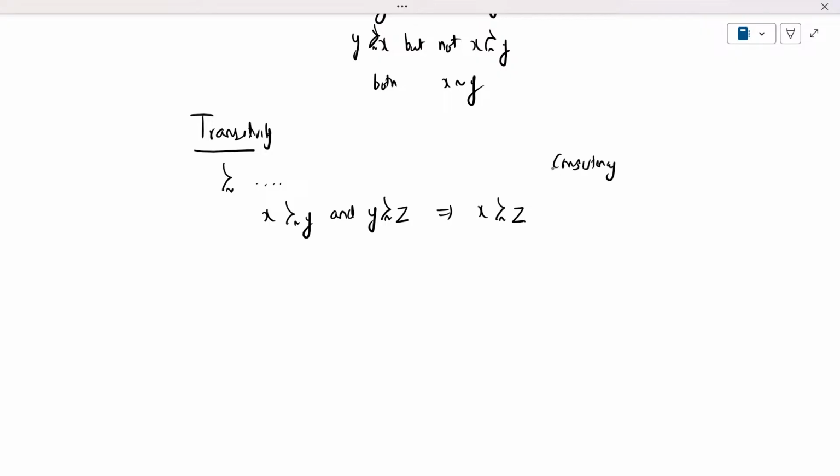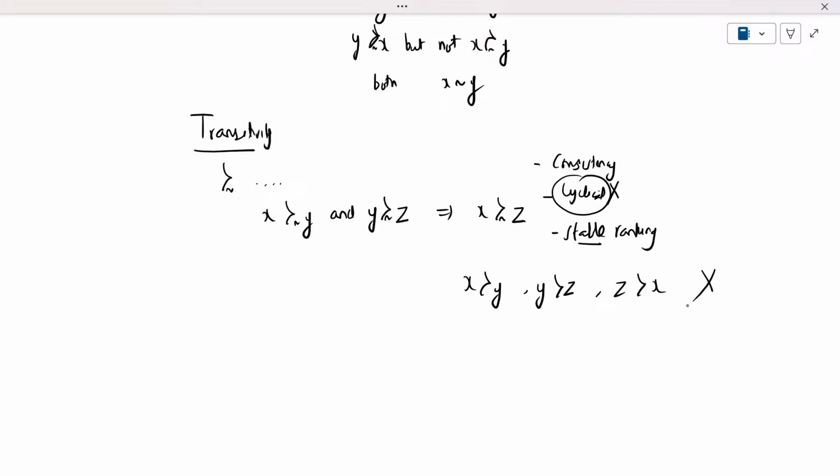Without transitivity there can be cycles. So it ensures that no cyclicality takes place, and it also ensures a stable ranking. It rules out things like x is preferred to y, y is preferred to z, and z is preferred to x. These things are a problem because in that case optimization becomes difficult, and best choices may fail to exist. Then the demand